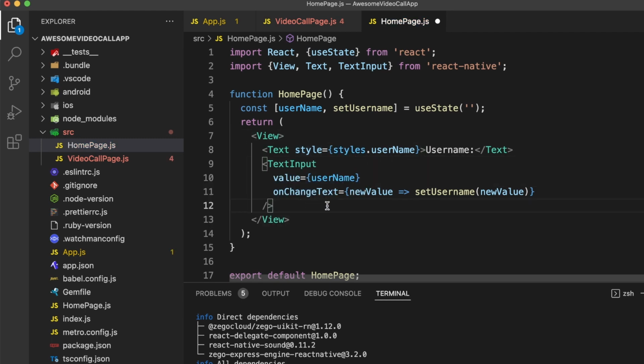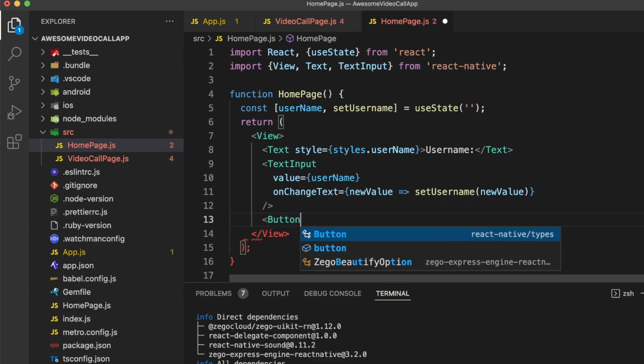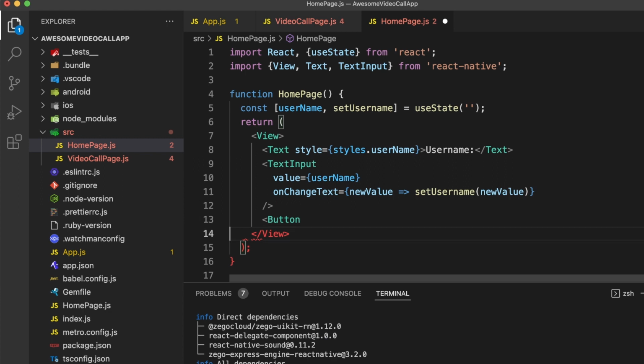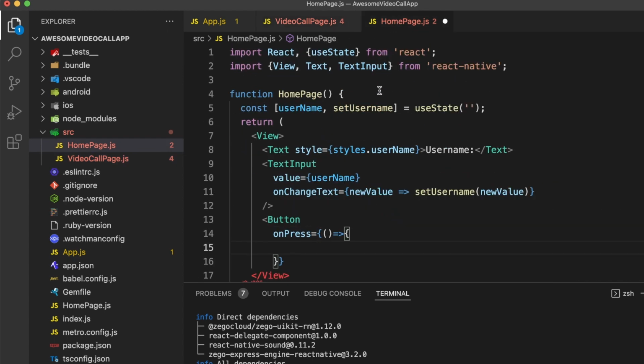And the other thing that we need is a button to join the call. So let's have a button, and we are going to have some props, for example onPress. When the button is pressed, we should redirect the user to another screen of my application, which is the video call page. But we cannot do it without installing any library. In React Native, you don't have a routing system by default. But the good news is there is a good library, and it's very easy to implement,